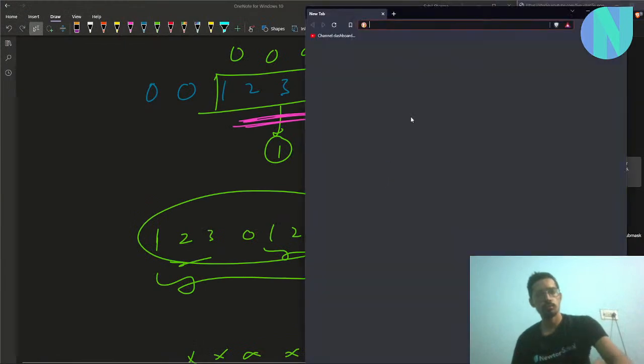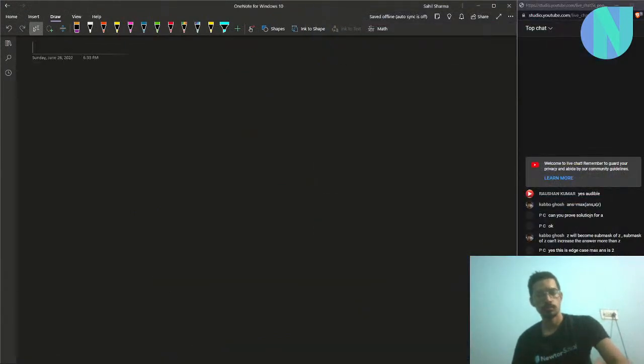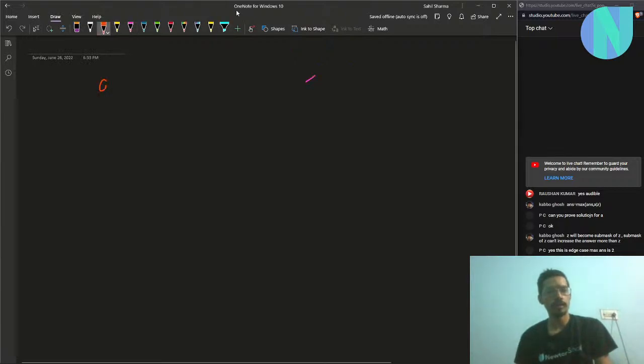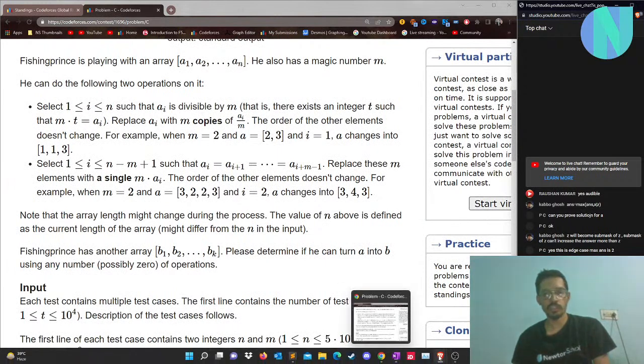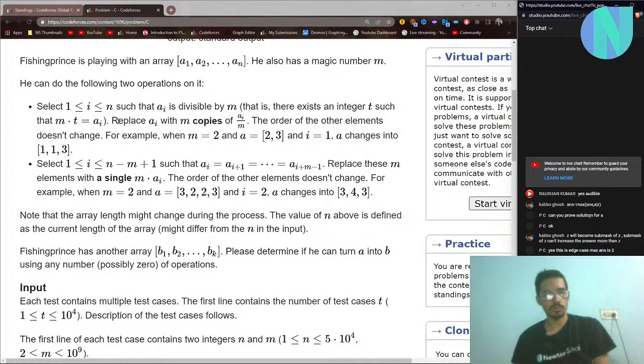So in problem 3, we have been given an array, and we have been given an integer m. So replace ai with